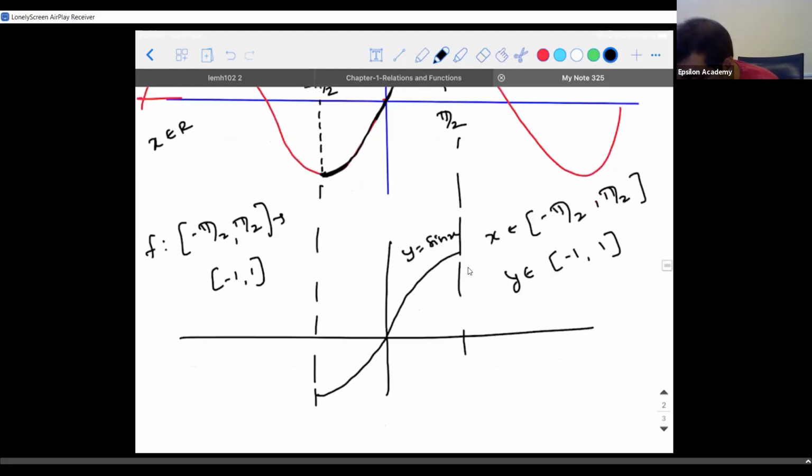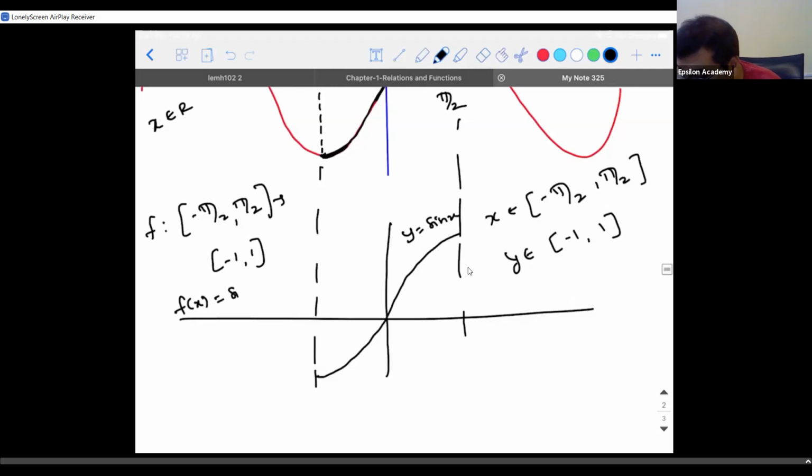Then if I call this f of x as sin x, then how does g of x exist? If I call g as an inverse of this function, one thing I'm able to understand is it is one-to-one and onto as well. Now try to check whether it is onto. You substitute any value between minus 1 to 1 by writing x in terms of y, and you will still get back a value between minus pi by 2 and pi by 2. So here codomain is equal to range.